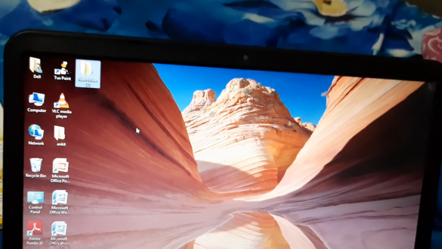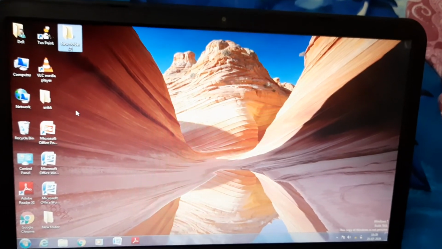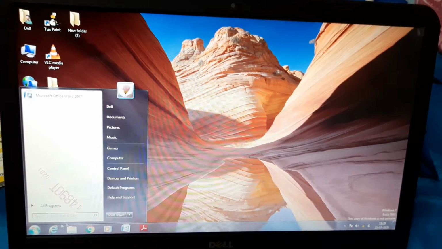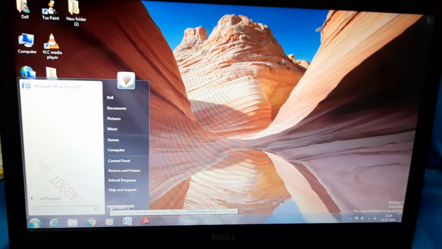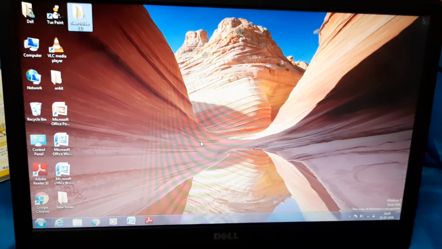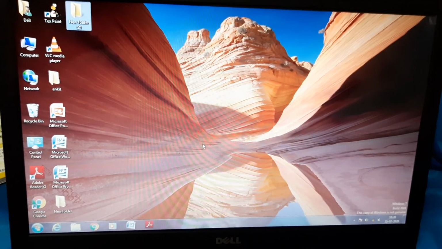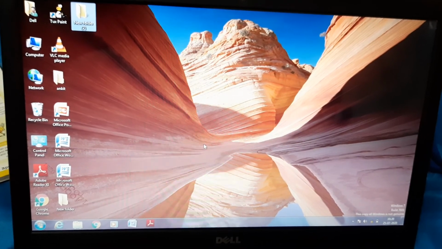Okay, now how to shut down the computer? You will go to the start button, and from there you will shut down. But the other method is Ctrl plus Alt plus Delete. Press these three buttons together and